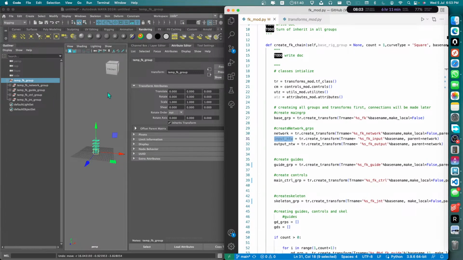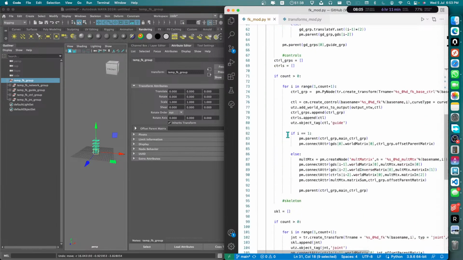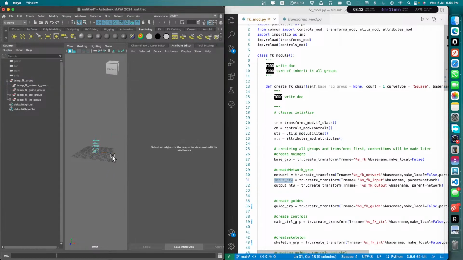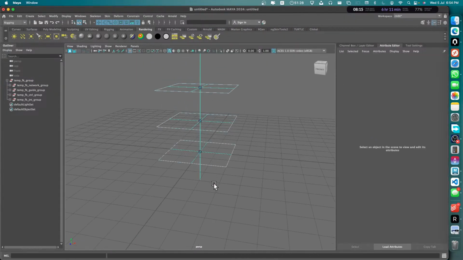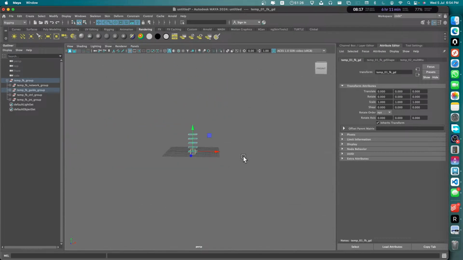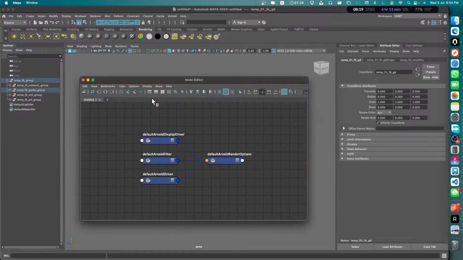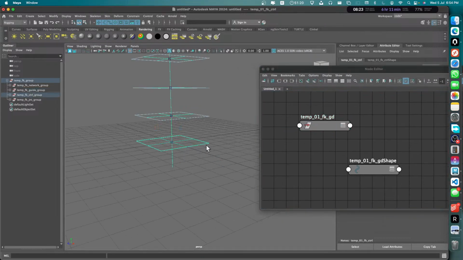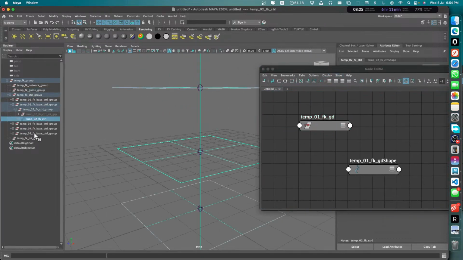So let's say we need two, I think. Let me think about it. So basically, this is one. Here we are not getting any inputs, but for the second, if we see here on